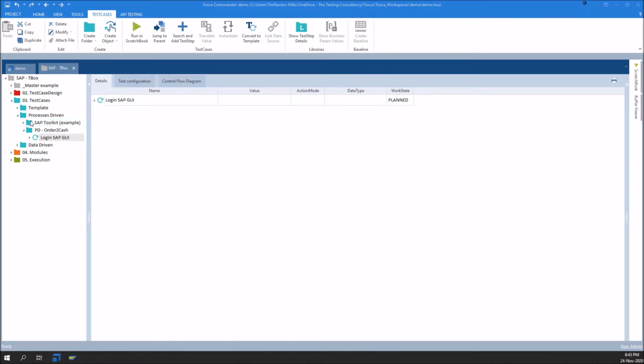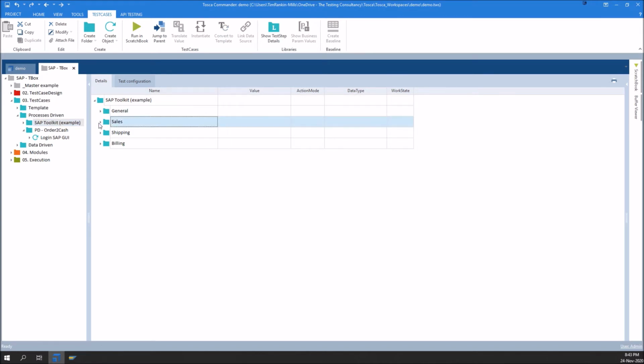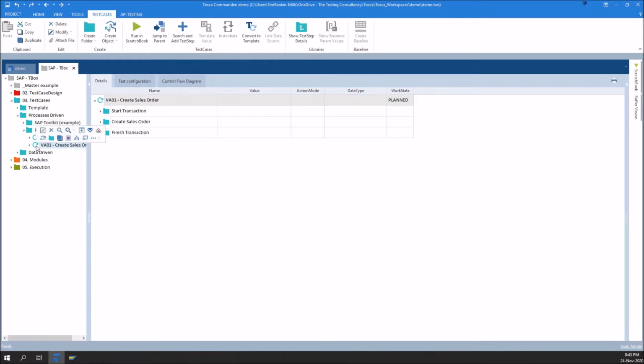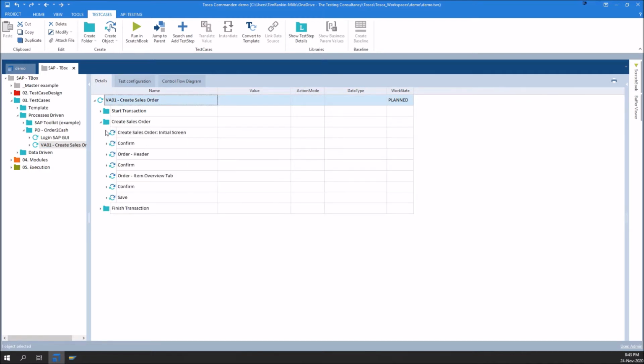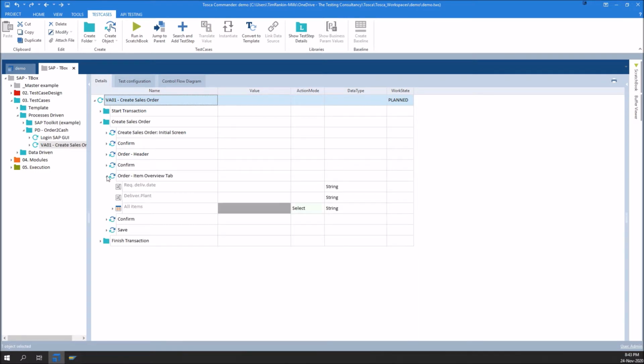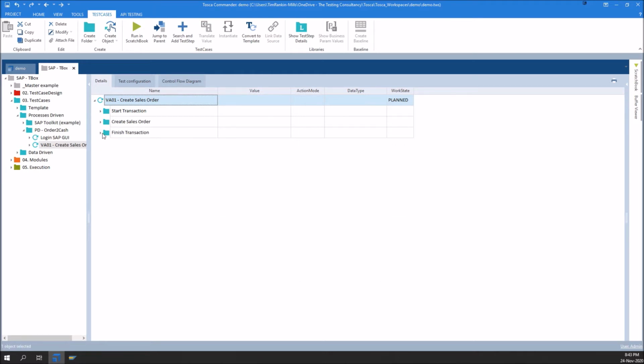Okay, so having completed the login, now we want to go and find the order transaction we're after. So we're going to use a VA01 here to create our sales order. We drag that and drop that as we did previously, and now we have a second test case in our folder. So within there we can see we're entering the transaction code. We have space for entering all the initial order screen details, main details of the order itself, the materials that we want to include within this order, and then we save the transaction, and then we finish off by verifying that the transaction has created successfully and extracting out the order number from that code in the bottom left hand